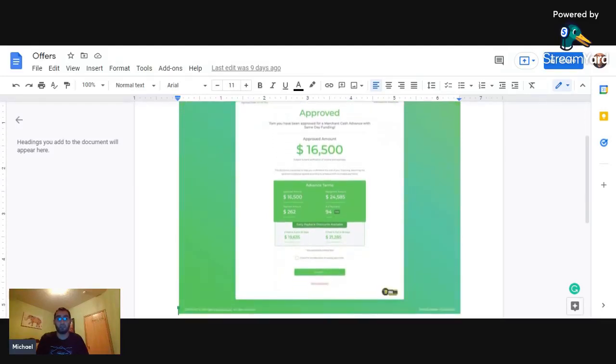So here's an example that I've shown in the past. This one individual got approved for 16,500. This is the step before they sign the contract. A few details on the advance terms. On the left side here, 16,500 is what they get approved for. The maximum they could expect to pay back on this is